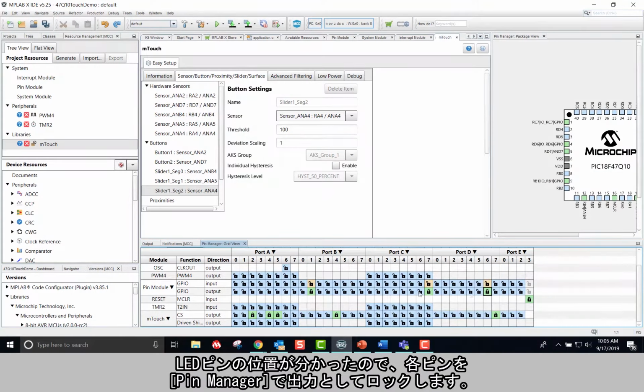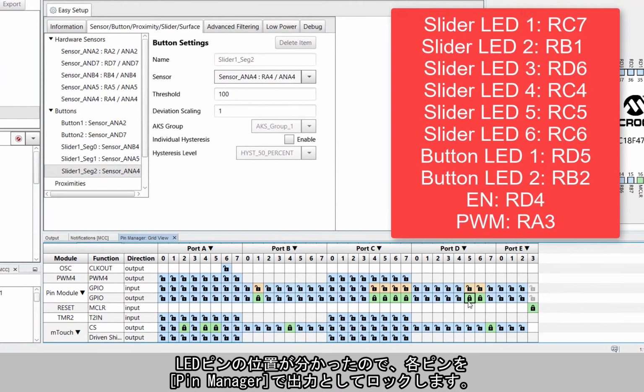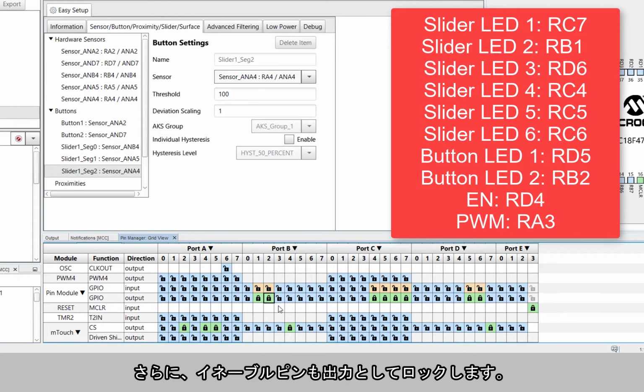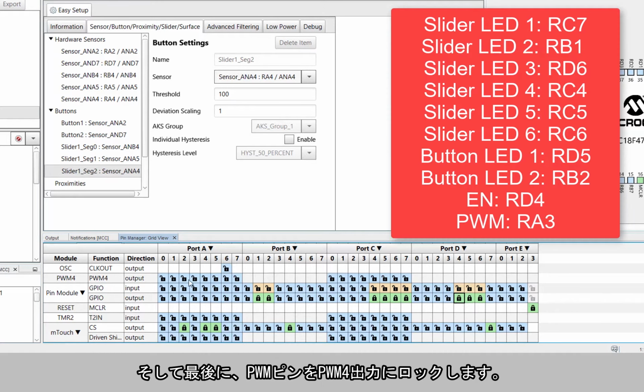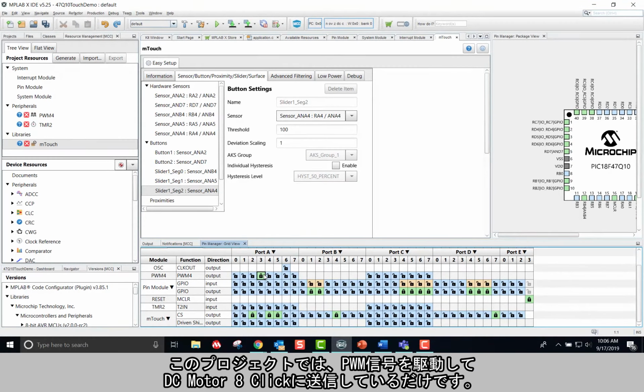Now that I have my LED pin locations figured out, I will lock each of the pins as an output in the pin manager. Additionally, I will lock enable as an output as well. Then finally, I will lock the PWM pin to the PWM4 output. For this project, I am just driving a PWM signal to send to the DC motor 8-click. However, the